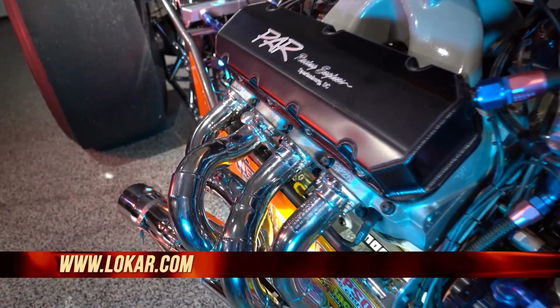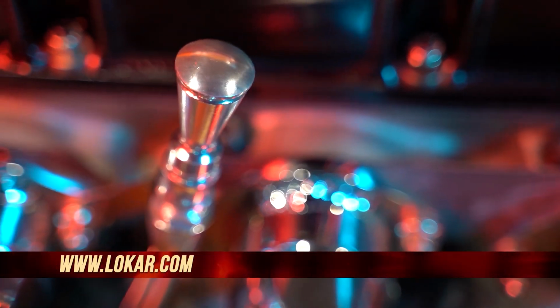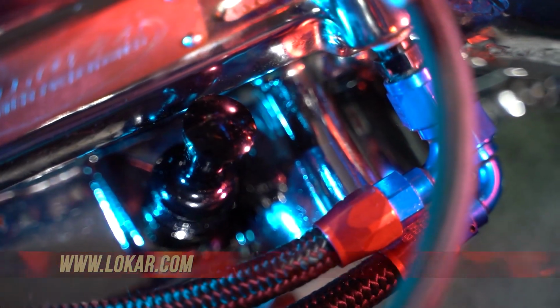Pretty easy install for 2 awesome components. They look good, they work good, and they're gonna give us added safety both for the track and the driver. We've now got it ready for 450 to go run the Verge Quick Outlaw Series, first weekend of April at